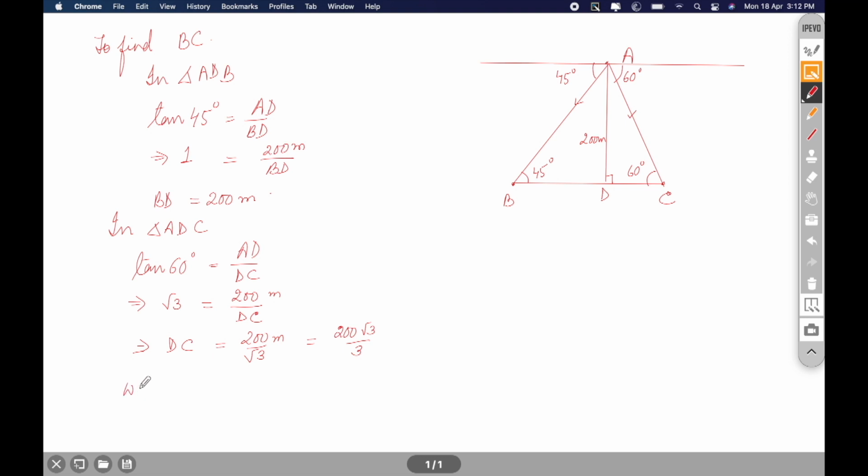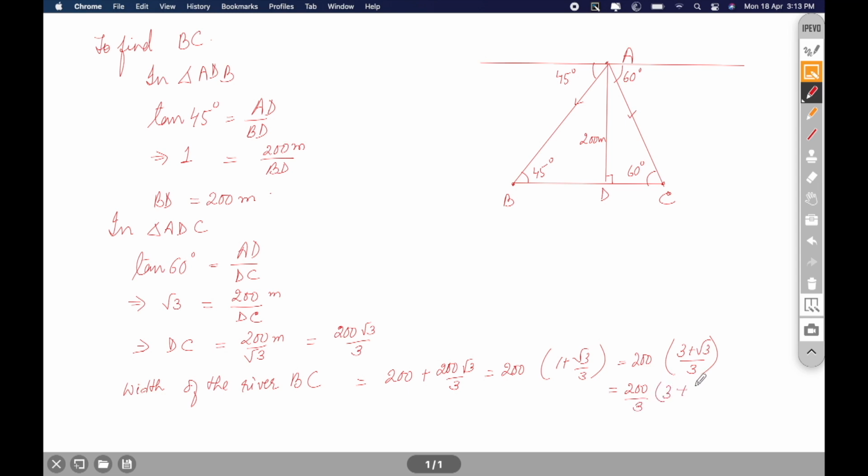So the width of the river, BC equals 200 plus 200 root 3 by 3. 200 when taken common gives us 1 plus root 3 by 3. This is 200 into 3 plus root 3 by 3, which is equal to 200 by 3 into